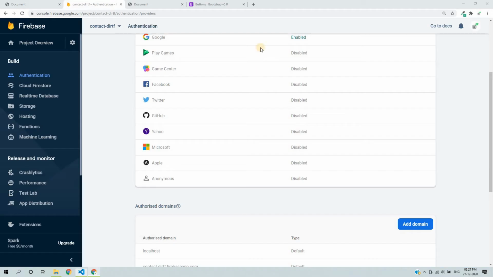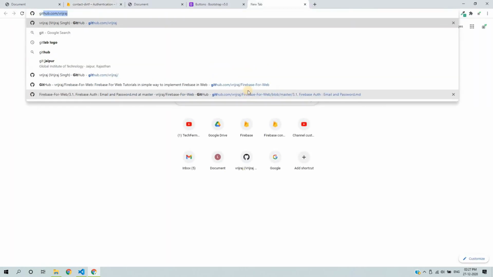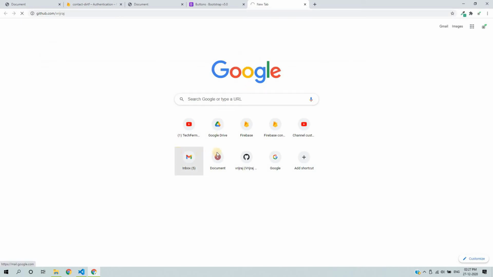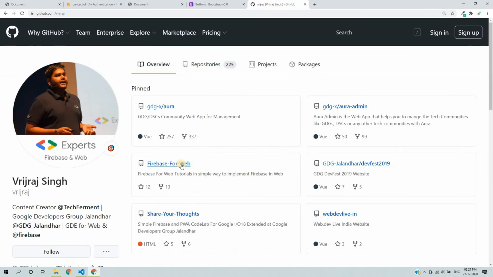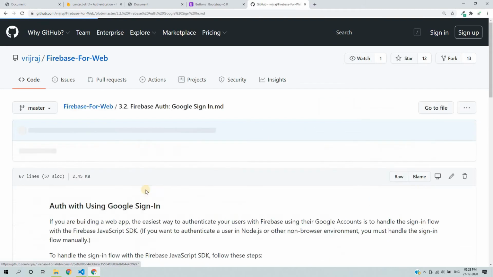So for the next part, you need to use the auth provider in JavaScript. I have mentioned the tutorials. You can go to the repository github.com/ridgeraj, where I have created a code bash for Firebase that you can use. Just go to Firebase for web, and then we have Firebase auth with Google sign in.